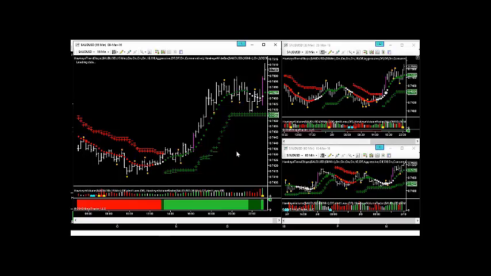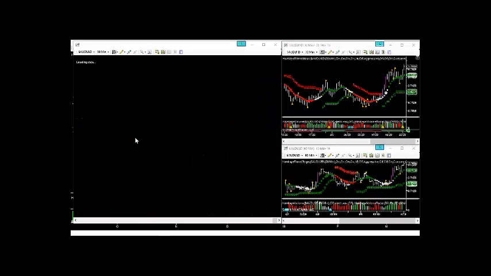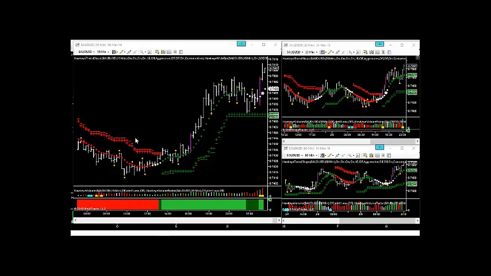Let's just have another look at it. There we go. So we'll be in on that. No, we actually wouldn't. It didn't finish in the top third of the bar, which would be our preference. If we did get in that, then we'll be okay. So that might have been a Hawkeye entry there across those 3 time frames. But you see, if we hadn't got in right at the end of that bar, which we're looking at there,